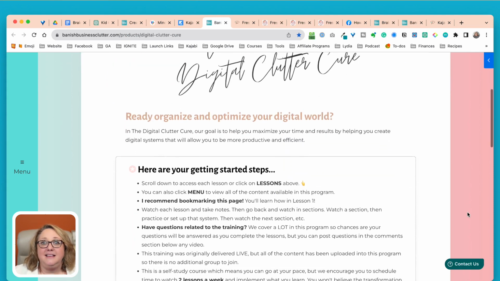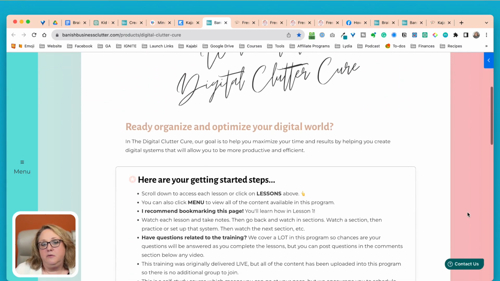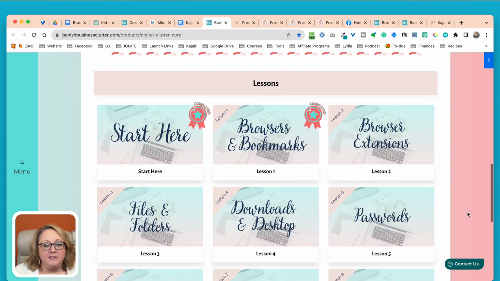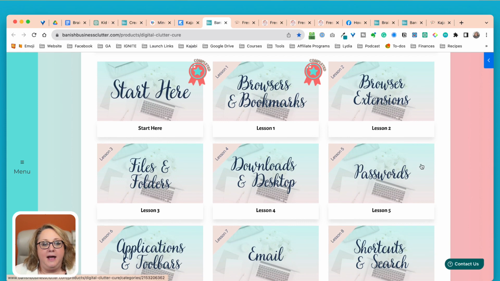But let me show you what this course looks like. This is using that sunset theme that I was telling you about. So very different than Premiere, very different than Momentum. It gives you this beautiful homepage where we tell people what to expect inside the course. And then you'll notice that each of our lessons is broken out by these awesome little thumbnails.